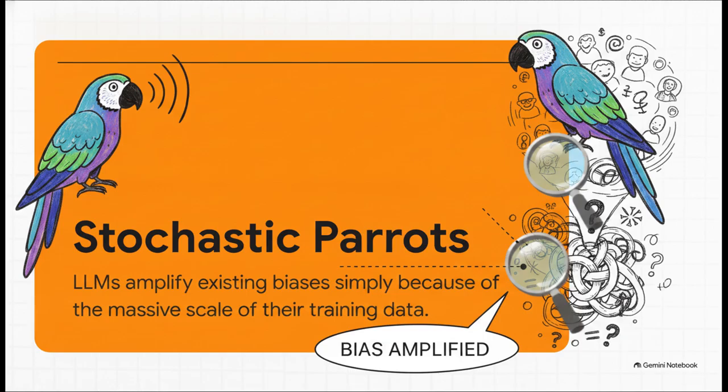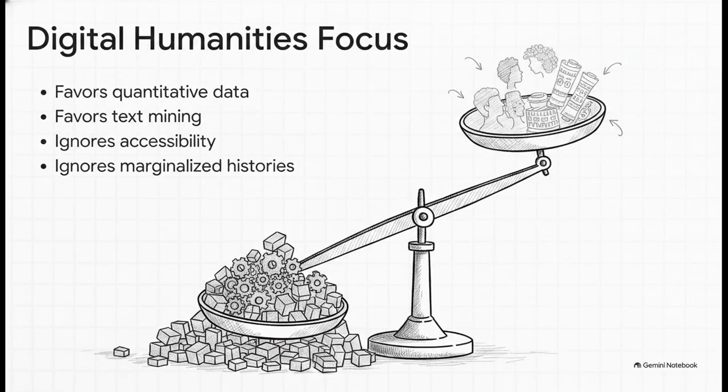Having more data doesn't necessarily mean having better data. If the dominant culture is biased, the AI is literally just a parrot, squawking that exact bias back at us, but much, much louder. You actually see this super clearly in the field of digital humanities. The AI tends to heavily favor quantitative data, text mining, and dominant standard English cultures. But in chasing all that data, it just pushes aside accessibility, marginalized histories, and the really complex ethics of digitizing colonized regions. Entire cultures are effectively left out of the AI's brain, underrepresenting or just entirely silencing non-mainstream voices.